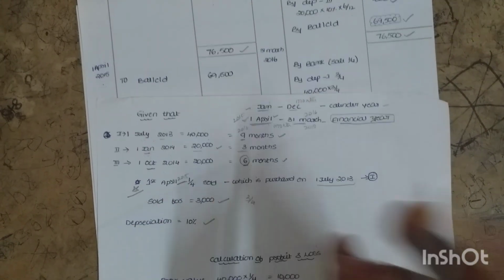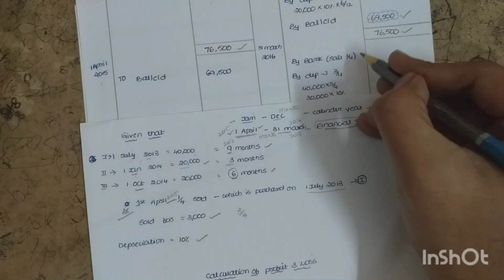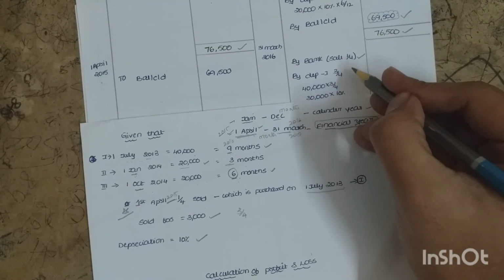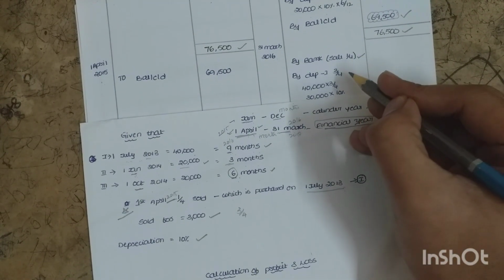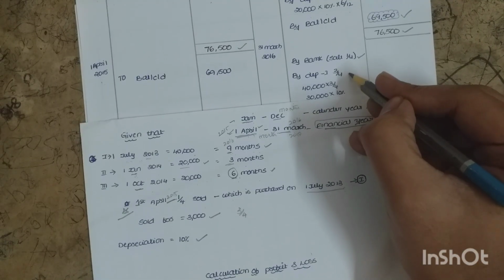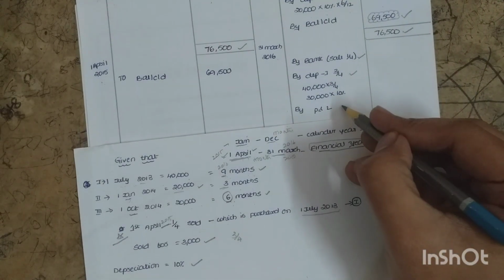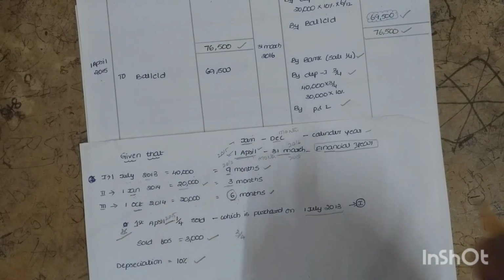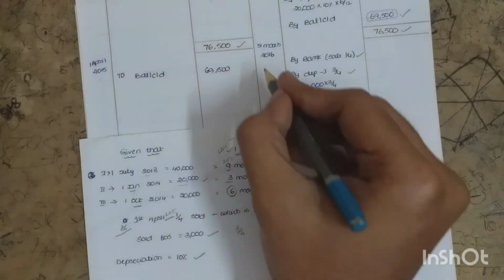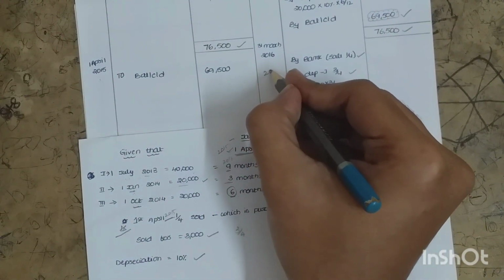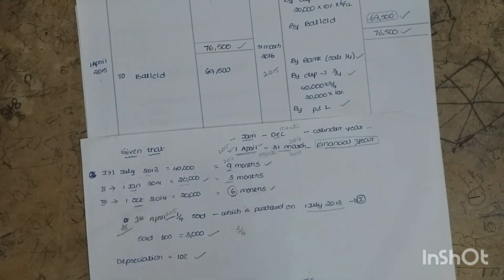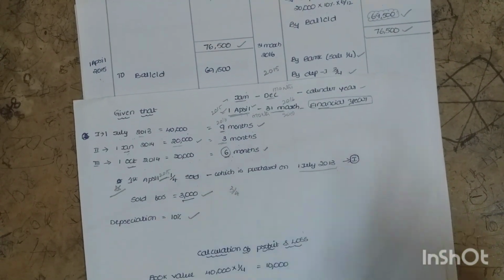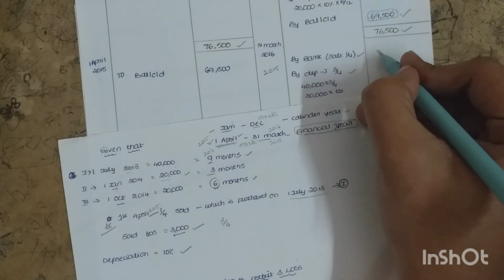Whenever sales is there, three things you have to remember. First we have to write the sale amount, then if the whole machinery is sold, directly you can write the sale amount. If remaining machinery is there, you have to provide depreciation for the remaining machinery, and you have to calculate the profit and loss on that particular machinery also. So in 2015 we are selling the machinery. What is the sale amount, guys? How much we sold? It is sold for 3,000. As it is we will write down.